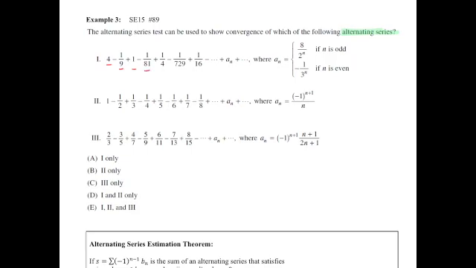Then it's 1 over 81, that's going to be decreasing, and then it's going to increase again. So this is gone because it simply does not decrease through the series. Then for number 2,